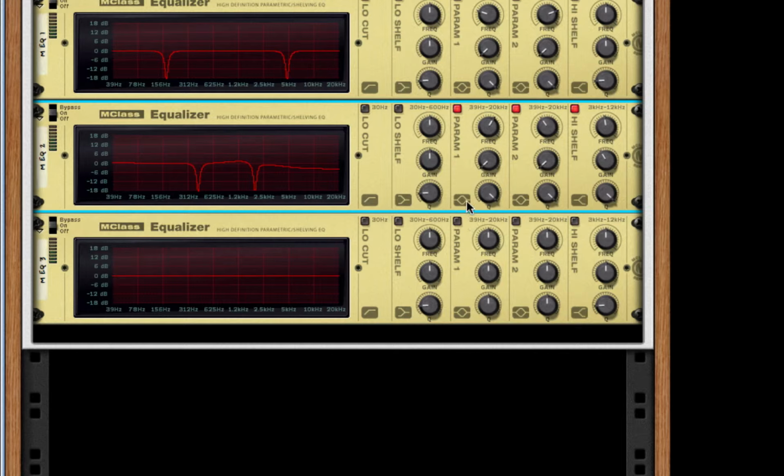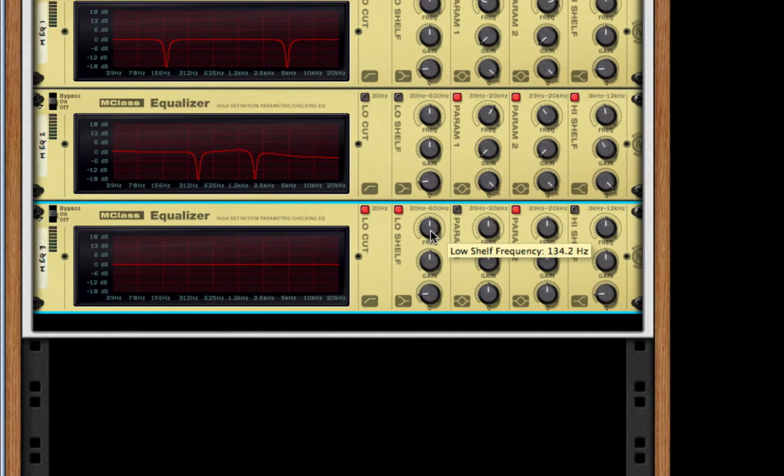So for our last EQ, what we're actually going to do is boost the lows. So I'm going to turn on my low cut, my low shelf, parameter 2, and that's it. I'm going to go up to probably 177.8 Hz, boost the gain probably to 4.6, and turn the Q to 2. After this, I'm going to take my parameter 2 and boost the gain a bit to see where it